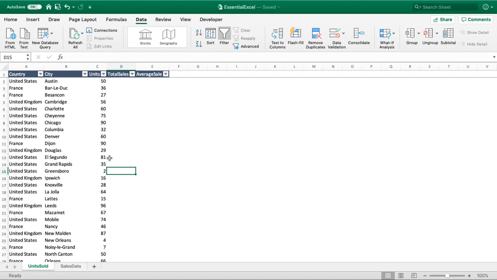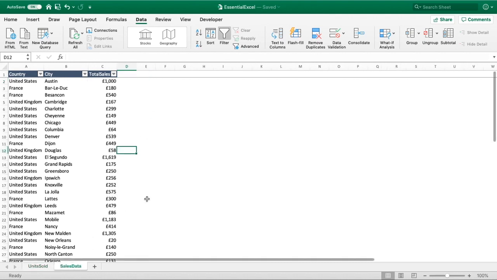So the scenario is we've got this table here and we can see the number of items that were sold, so units, but we want to see what the total sales were, and we then also want to get the average sale, which is the total sales divided by the units. The problem is that our sales data is in a separate sheet, in a separate tab. So we need to bring that into that first sheet so that we can have the total sales, then